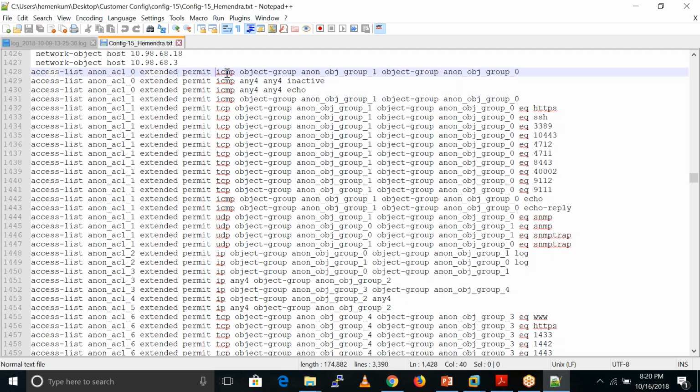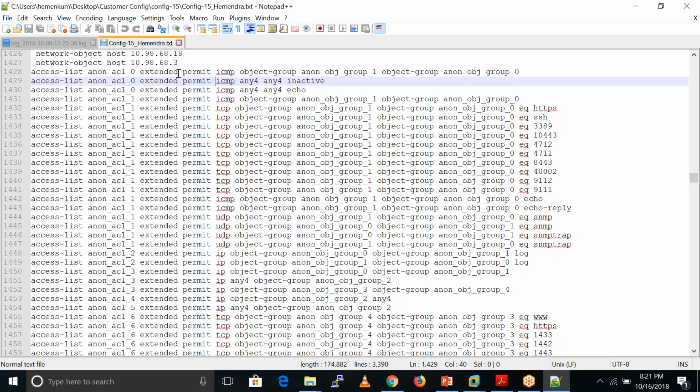If this rule allows any traffic, then the ASA does not go on to the other rules. According to the action defined in the first ACL entry, it takes the action on that traffic if it matches any rule. Let's suppose we are just allowing some ICMP traffic from inside to outside, and we also write one ACL here which denies all the traffic. I'm just giving you an example here.